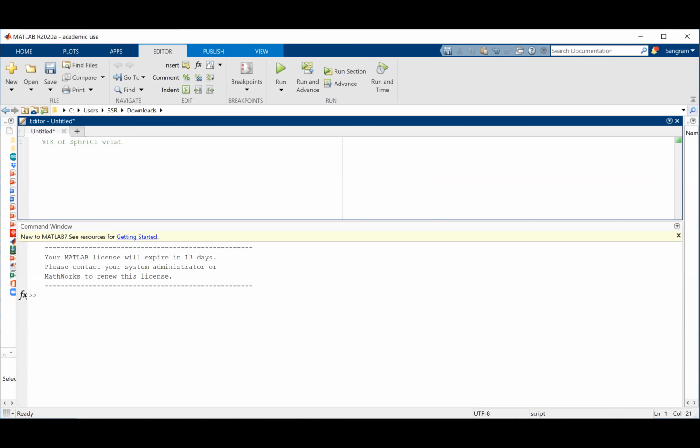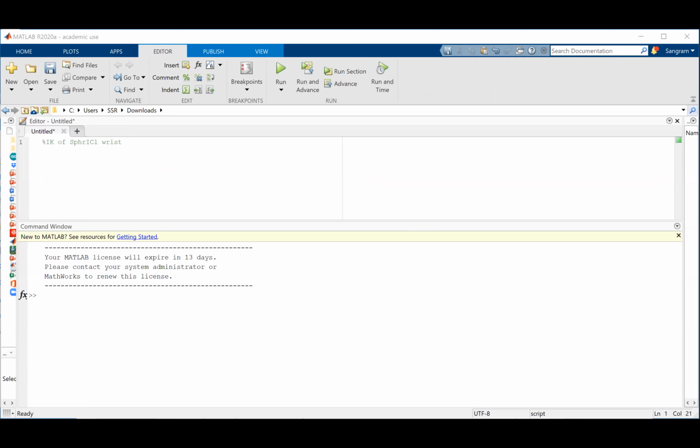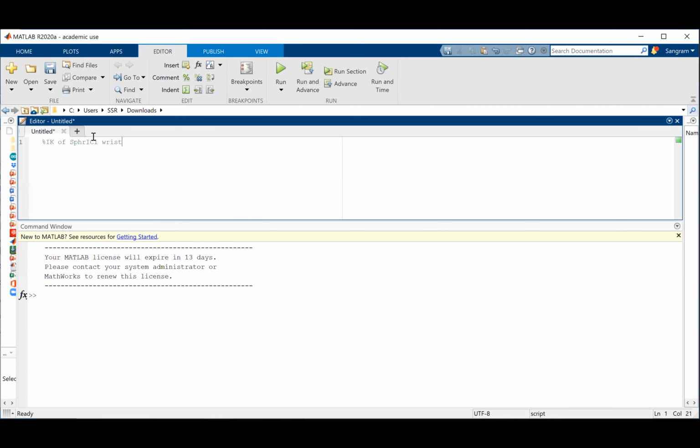Can everyone see my MATLAB? Spherical wrist. So I will start with SYMS, T1 for theta 1, T2 for theta 2, T3 for theta 3,